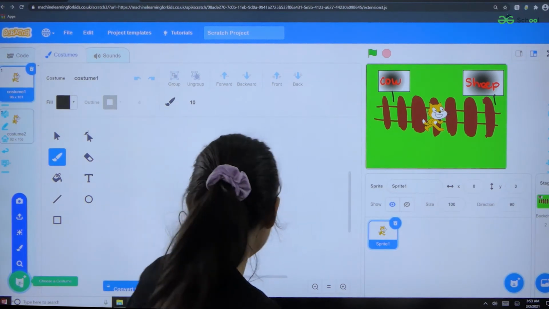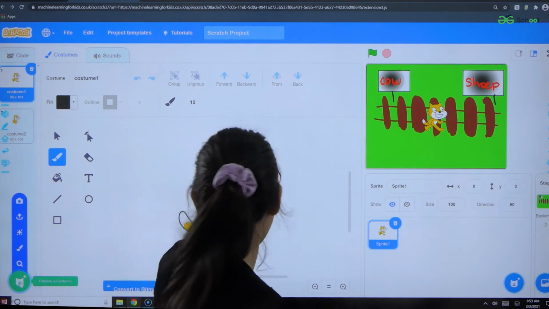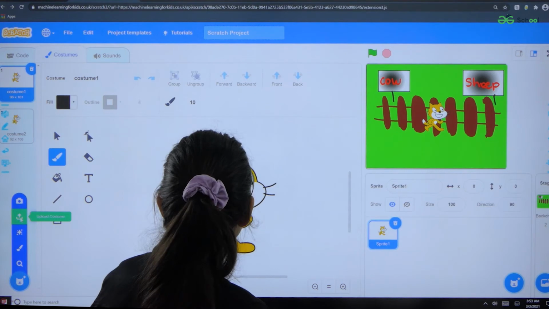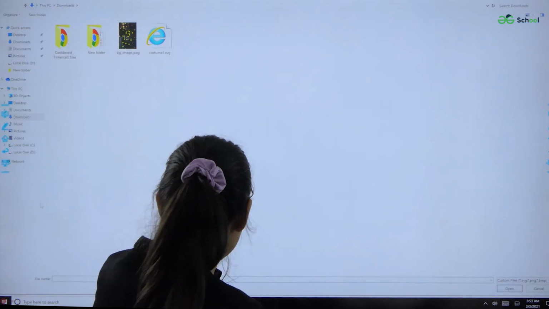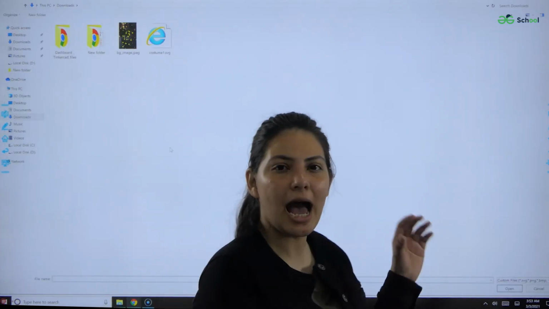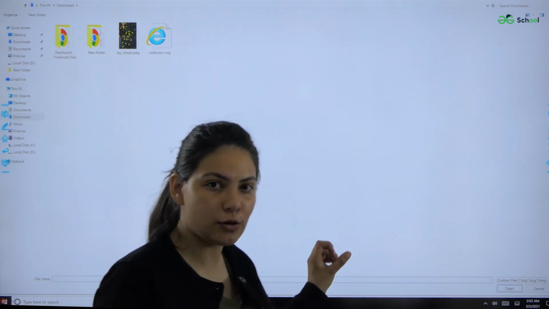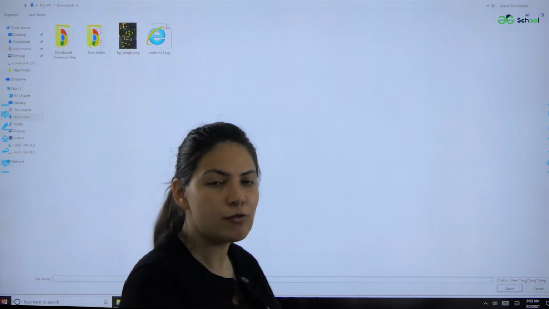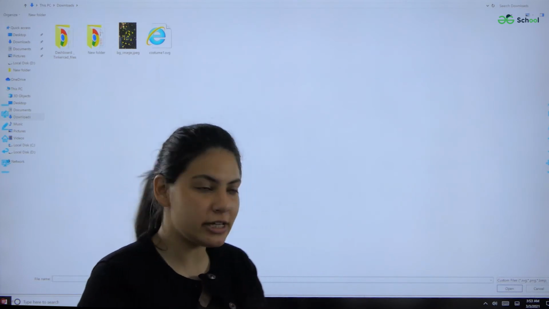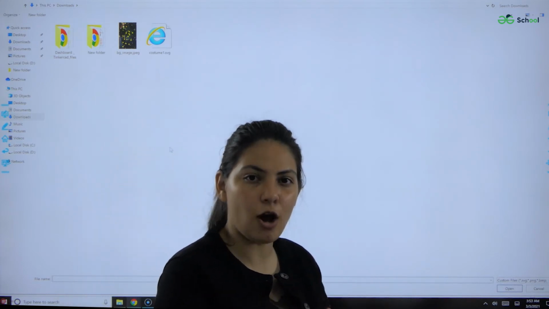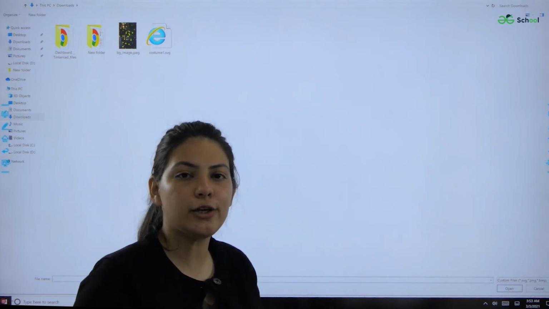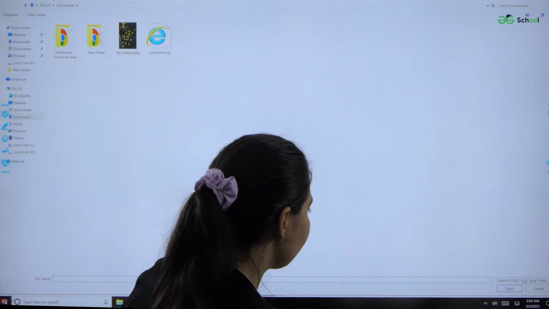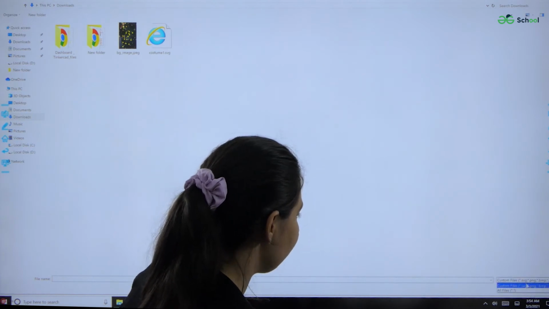Now I have to select the sprite. I'll select choose a costume, and I'm going to upload some photos or images of cow or sheep which I downloaded before from Google. You have to download the images of the animals or objects you chose for this project. At present, I am uploading the photos which I already downloaded.